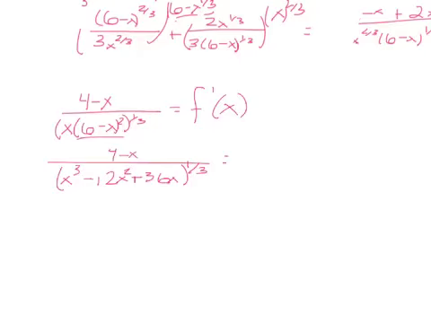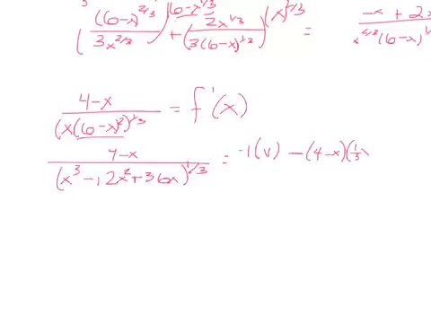Then doing the second derivative with the quotient rule, you would have u prime v. U prime v would be -1 times your denominator, and we're just going to put v here just so that we don't have to do too much thought at the moment. And then we're going to put a subtraction sign, and then it's v prime u, so it's going to be (4 minus x) times